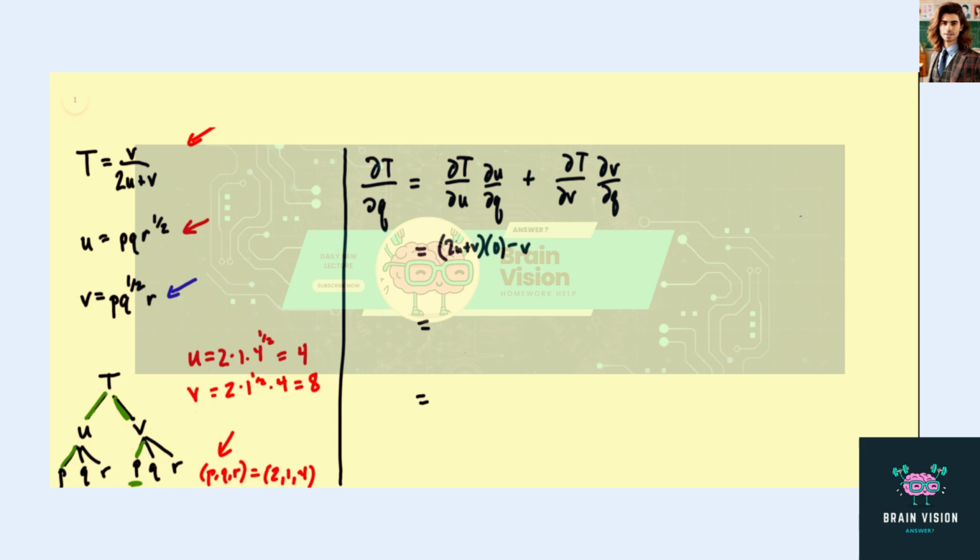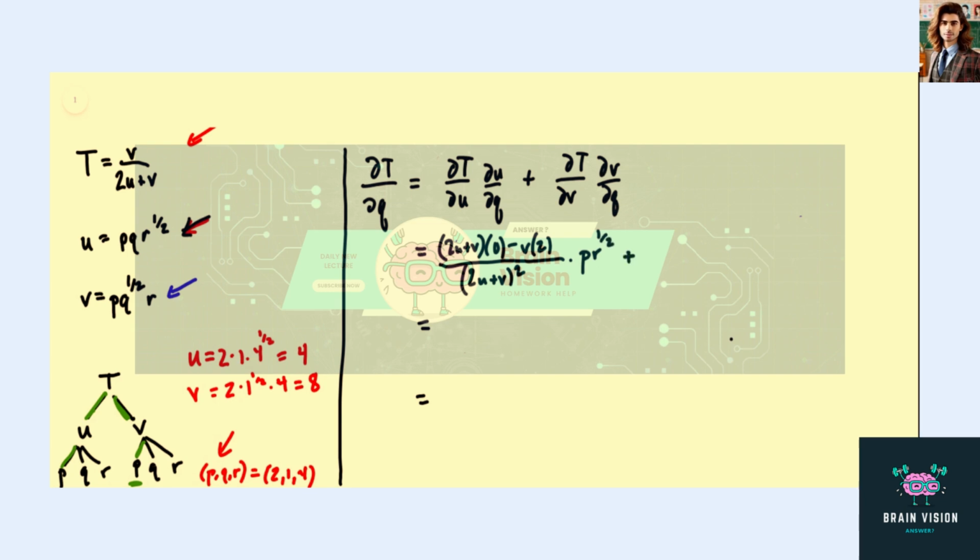If we recall, we had denominator times 0 minus numerator, derivative of the denominator, 2 all over denominator squared. Now, du dq, let's look over here at u again. So we're going to get p times r to the 1/2